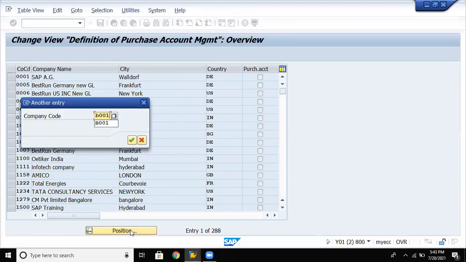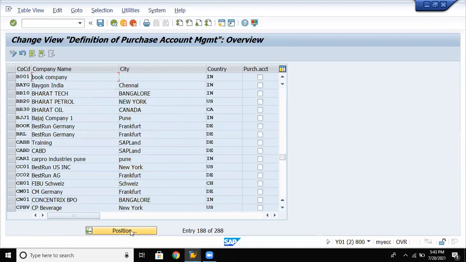Give your company code, enter. So here, if you activate the purchase account for your company code, then it will be activated.